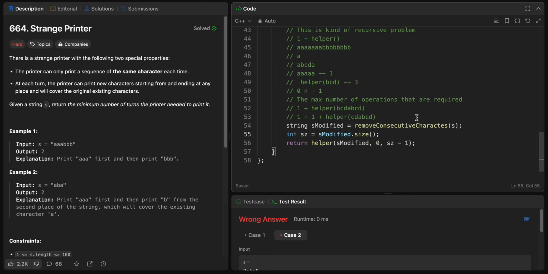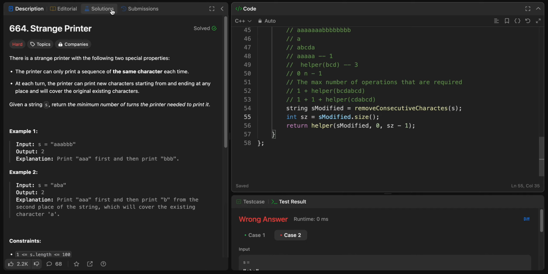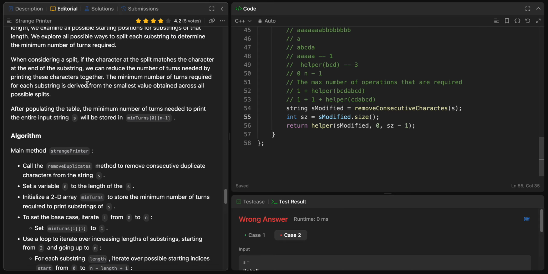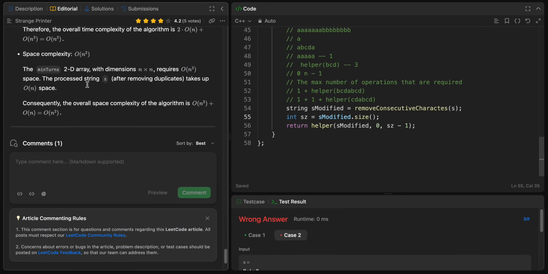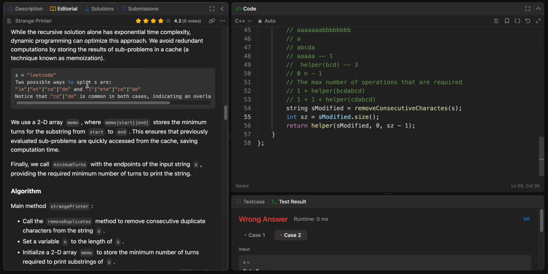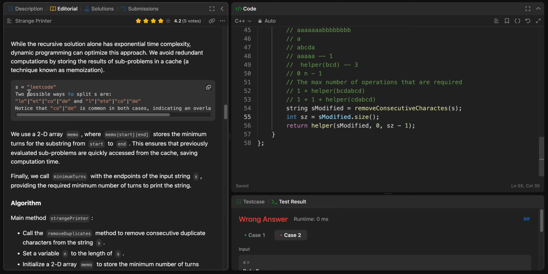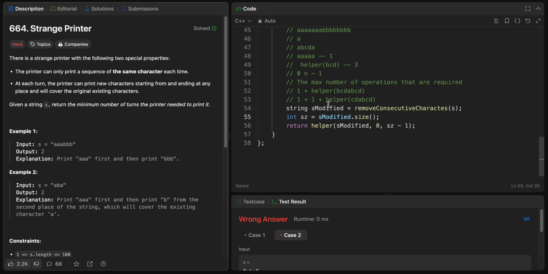So you know that there would be many subproblems that are repeating, and the best way I'll show you for that would be the editorial's one only. So if you consider this leetcode as an example, the possible ways for the split are LEET and CODE, LET and CODE, and you could see CODE is repeating in both the cases. So to remove this kind of disparity, or this kind of where states are computed multiple times,